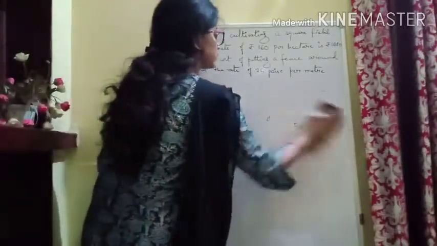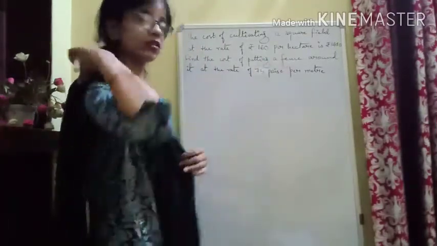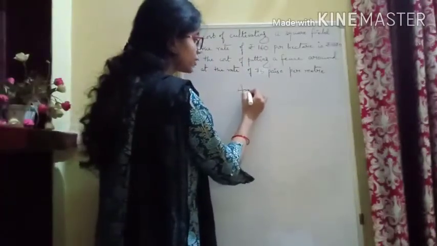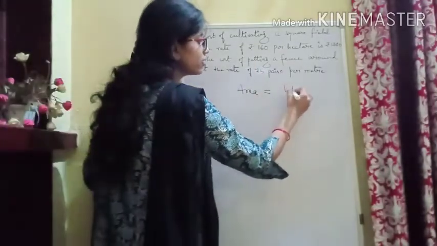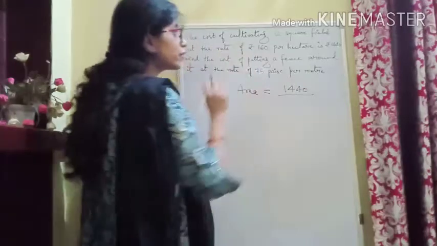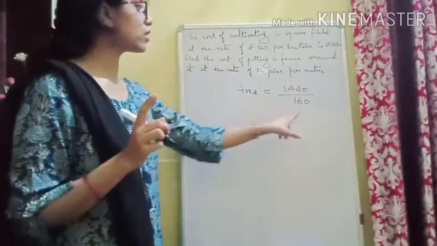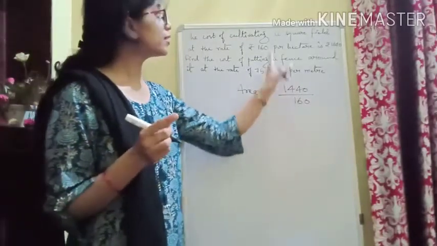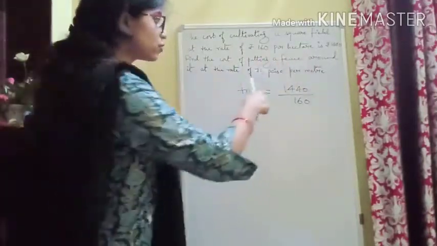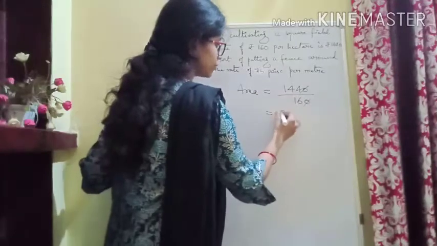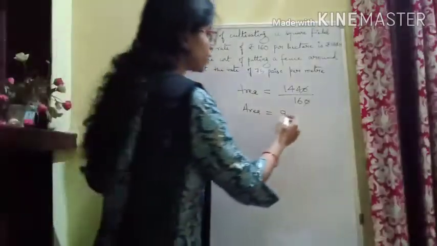So let's see, how much apple we have bought is 6. So here we are talking about the area. What area they are cultivating, or what value of the area they are talking about. The total money they are giving is 1440, and at what rate they are giving, that is 160. But you see one thing, that this 160 rupees is not per meter square, it is per hectare. So when we calculate, the area will also come in hectare. When you simplify, this will come 9. That means the area is coming 9, not meter square, but 9 hectare.